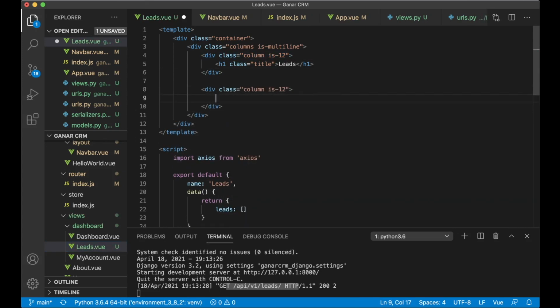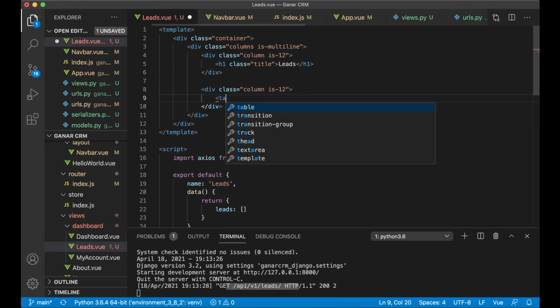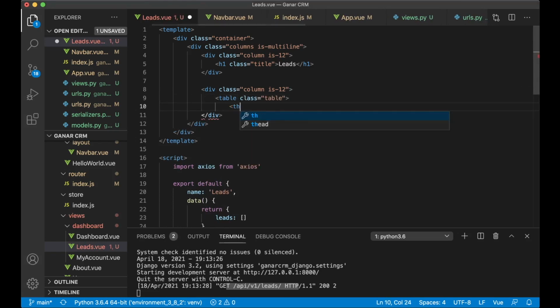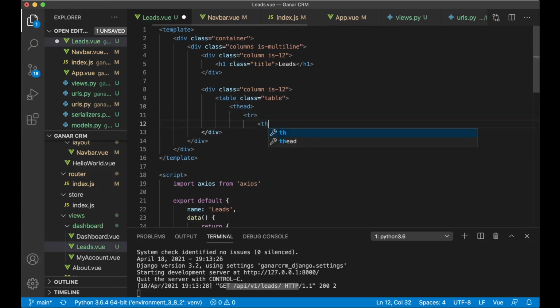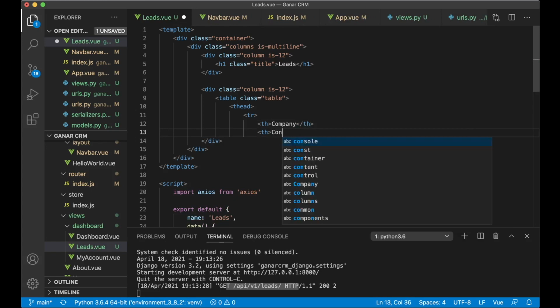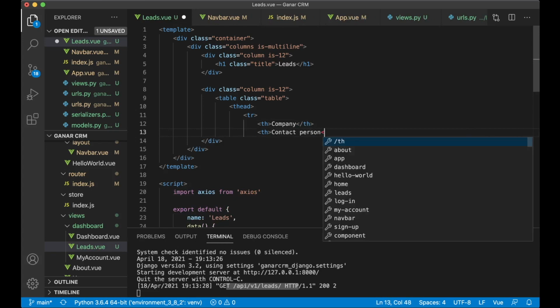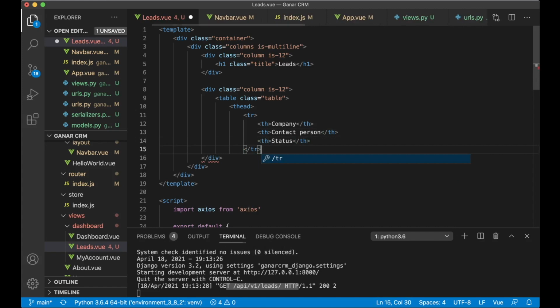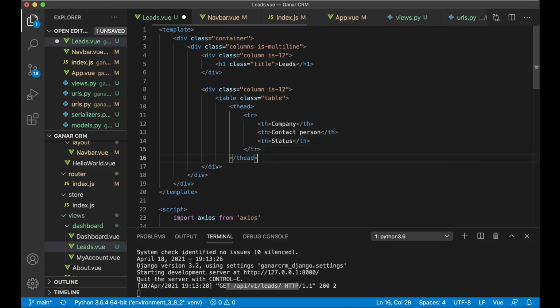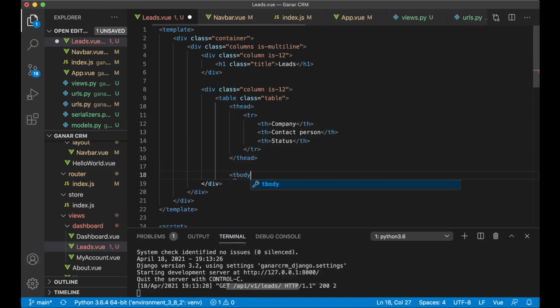Close that div, and then in here I want to show a table. So table class table, thead, tr, th company, th contact person, th status. So we don't need to add any more there yet. We'll come back to this. Close thead, tbody,